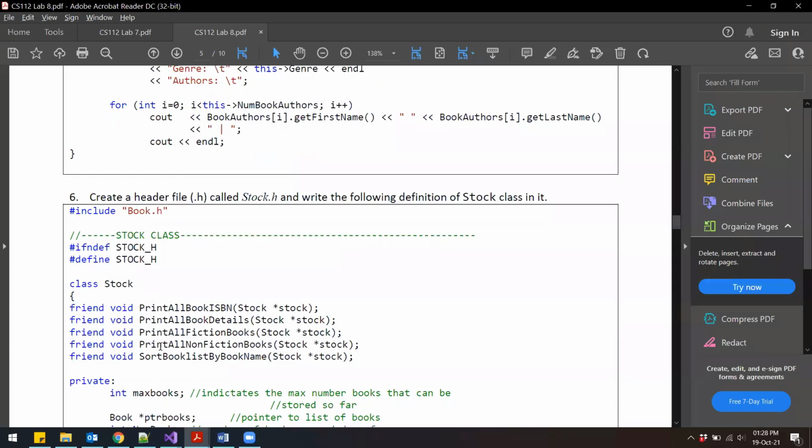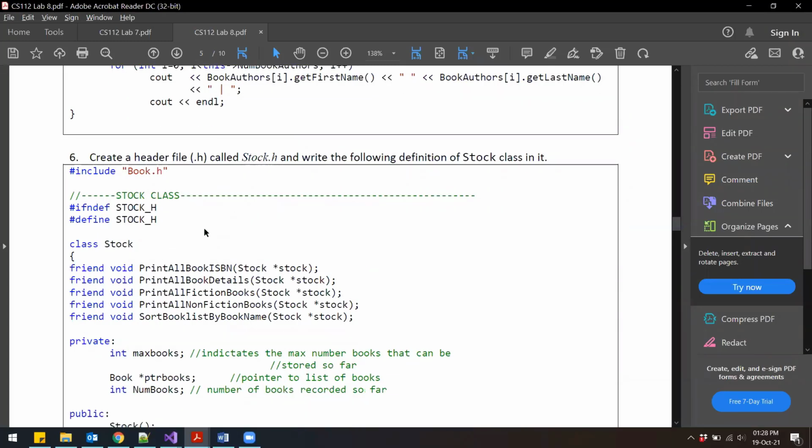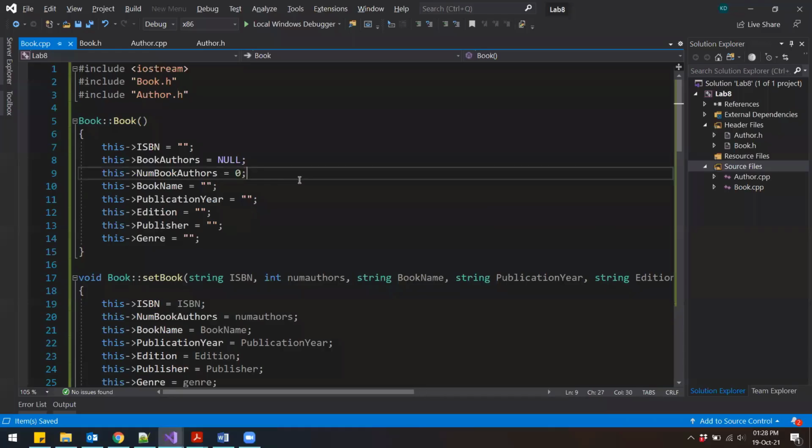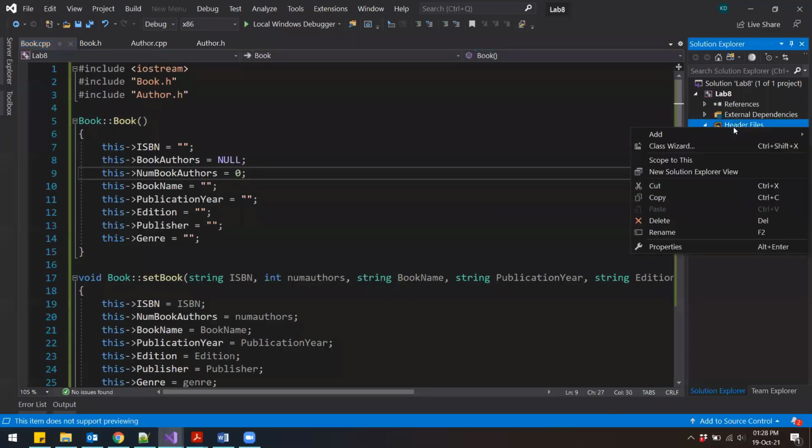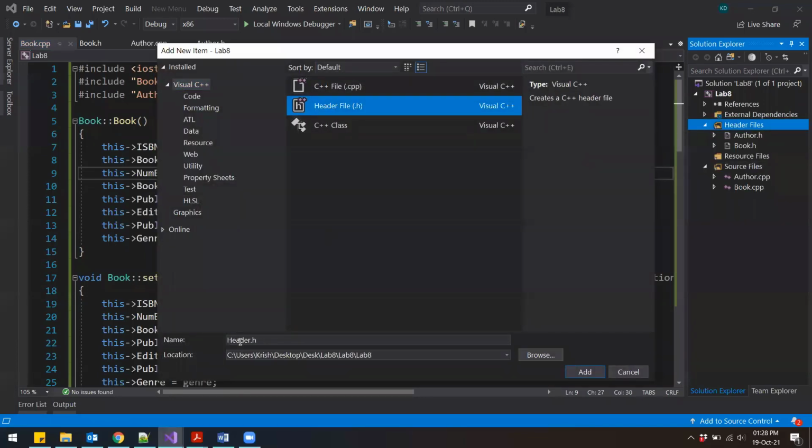The next one is the header file for the stock class. Once again, I'll create a header file called stock.h. So go to header files, right click, add new item, header file, and this will be stock.h.